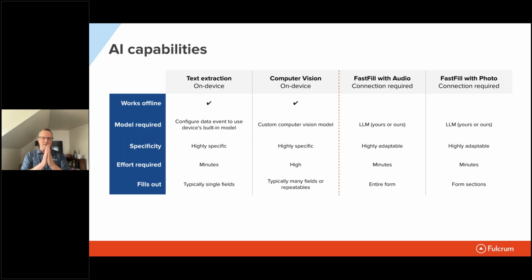All right, so I've just gone through a number of things. I thought it would be useful to put some of the more important ones into this slide so you can see the criteria all in one place. On the left-hand side, you see the two that work offline. These are things where the AI model that gets built, you have to build a model first, gets deployed to Fulcrum in the field. When you use text extraction, for example, in the